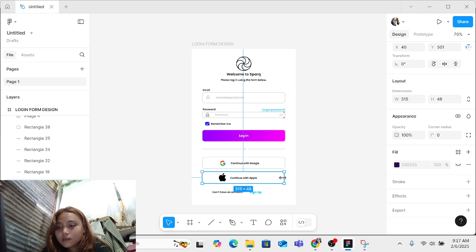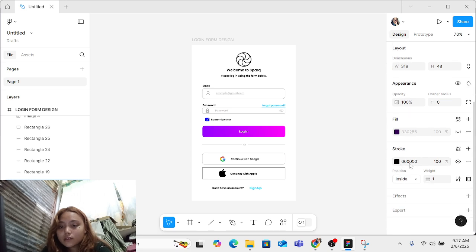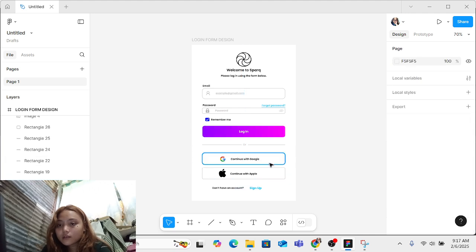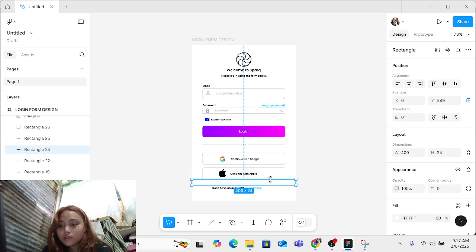Okay. Then add a stroke, change the color, C4, C1, C1. And let's choose sizes. Let's select this and put it in 10. So there.